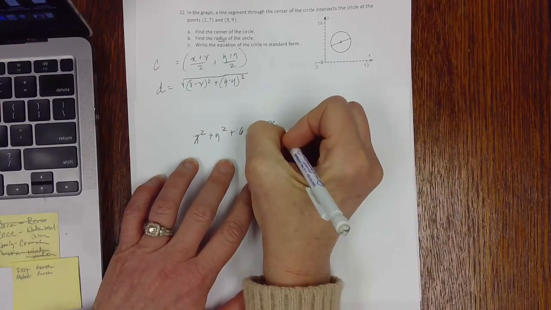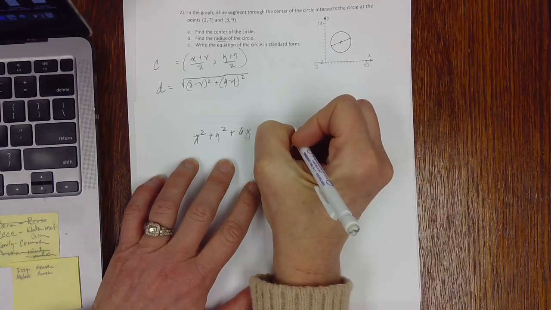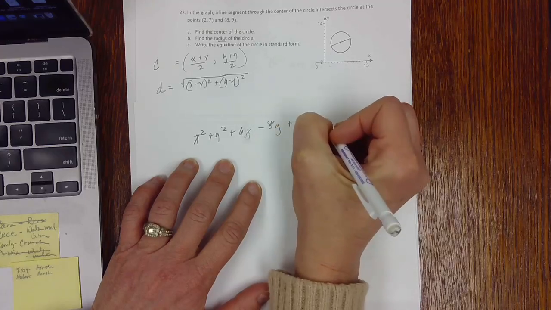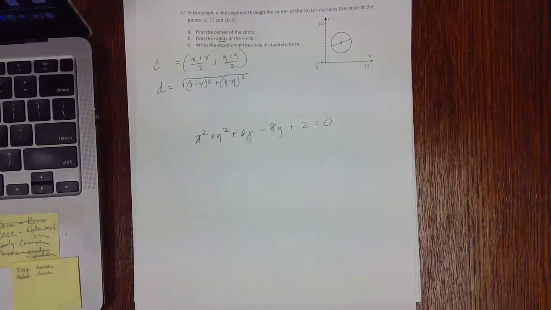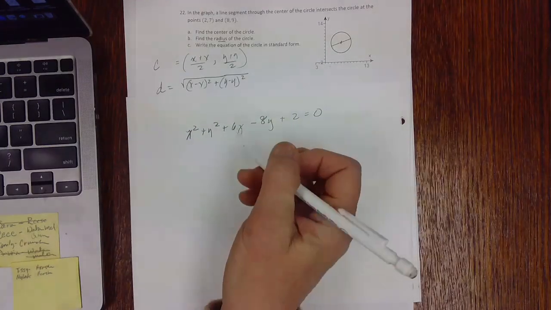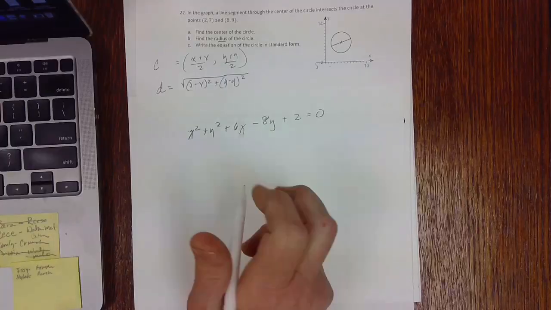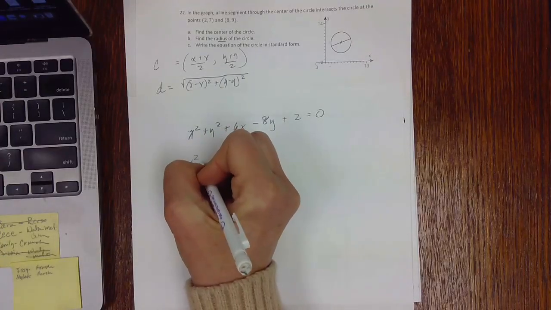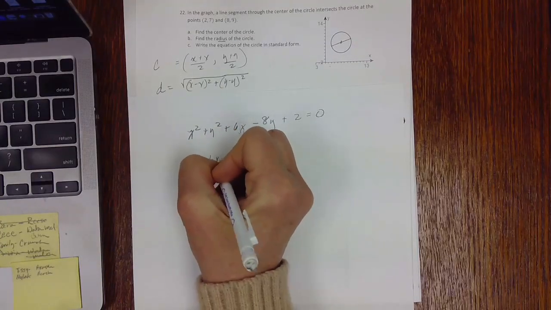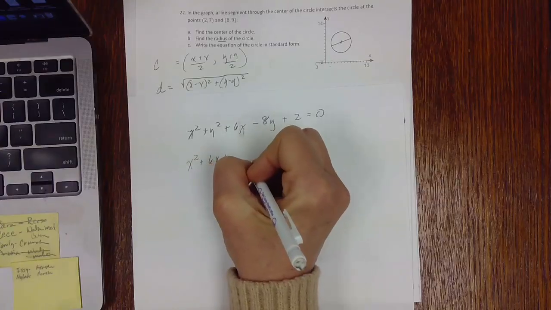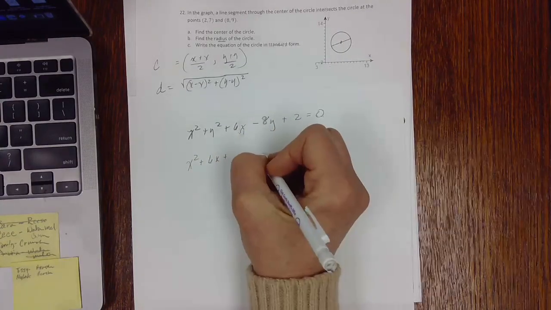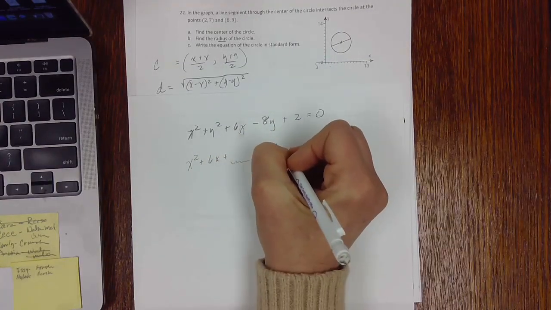It probably will not be a perfect square. But first of all, you're going to combine your x's. So I'm going to go x squared plus 6x. Remember, I'm going to leave a little room. Then I'm going to go plus y squared minus 8y, and I'm going to leave a little room. And then I'm going to move that 2 to the other side. So to complete the square,